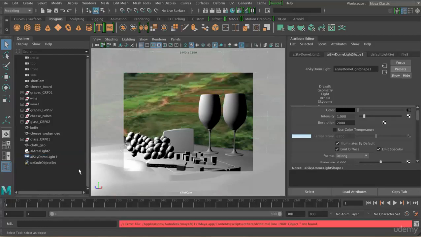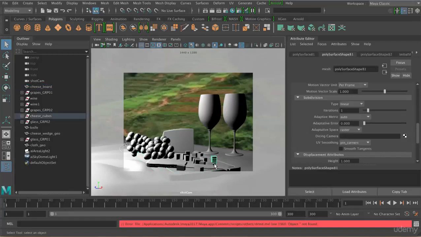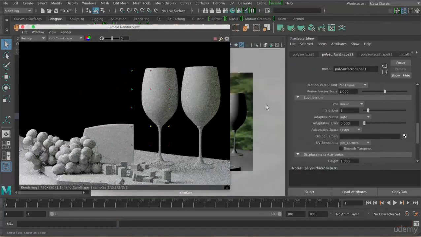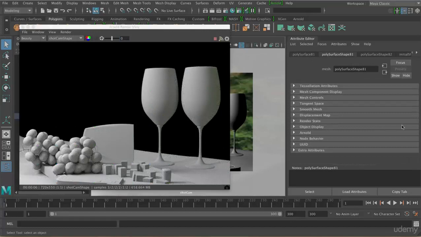So what we're going to do is adjust a little parameter in the shape node, and that will tell Arnold to smooth this at render time. So let's just do it on one of these cheese pieces because it's nice and easy to see. I'm going to bring up my Arnold render view on the side, and you can see I'm already in the shape node here. So just make sure you're in the shape node, and then you're going to come down here in the Arnold section